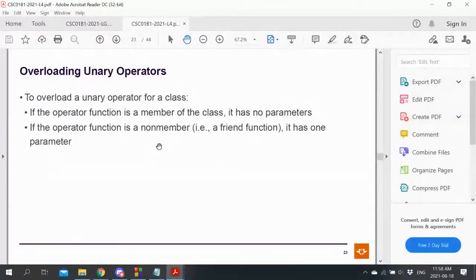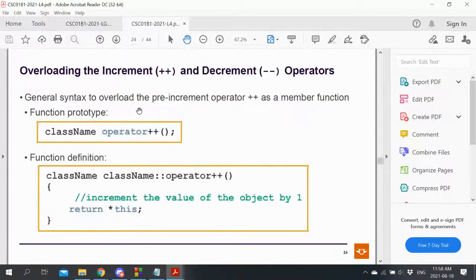So again, there's a reasonable chance you'll get one of those four, plus plus either before or after, minus minus before or after, because it's interesting and requires a little bit of special handling. However, if you've implemented the unary operator as a friend function, it'll have one parameter. There's no unary operators that I can think of that you have to implement as a friend function, so we'll pretty much always implement them as member functions.